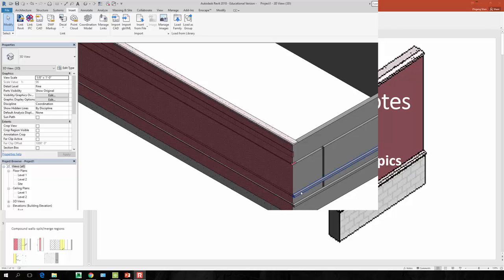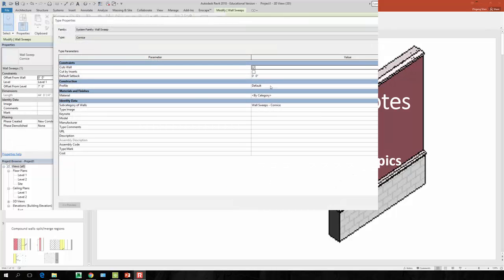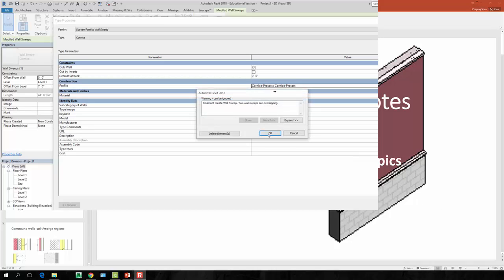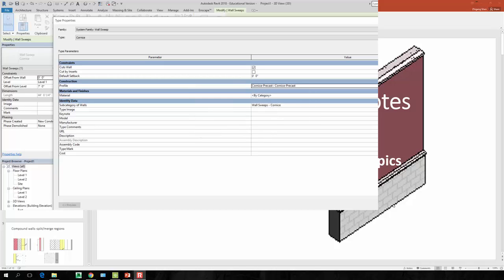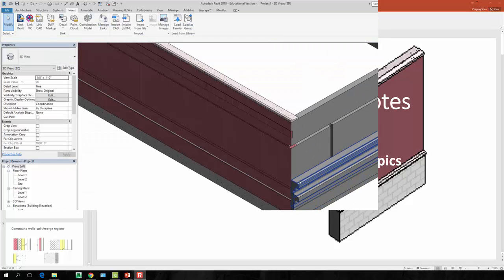For example, now if I go to here, I want to see edit profile, so I can load that one. All right, cornice precast applies. Oh, cannot create wall, two swift overlap, right? Okay, so you probably have to delete one before you add another one, right? All right, I can see, but right, the whole